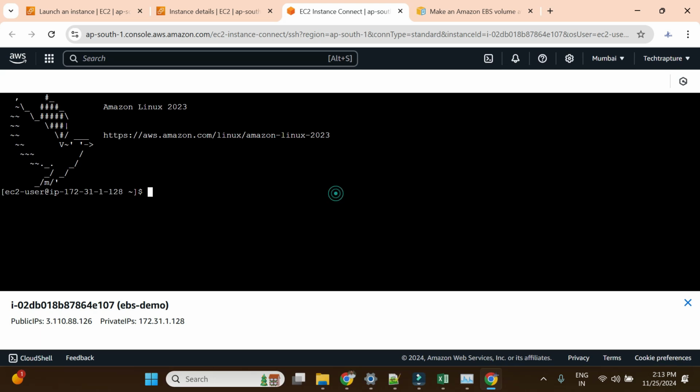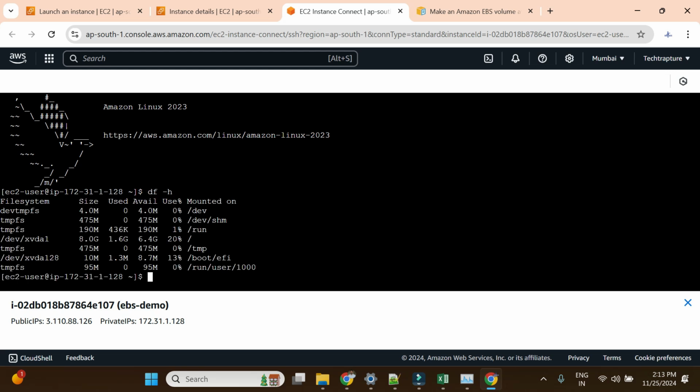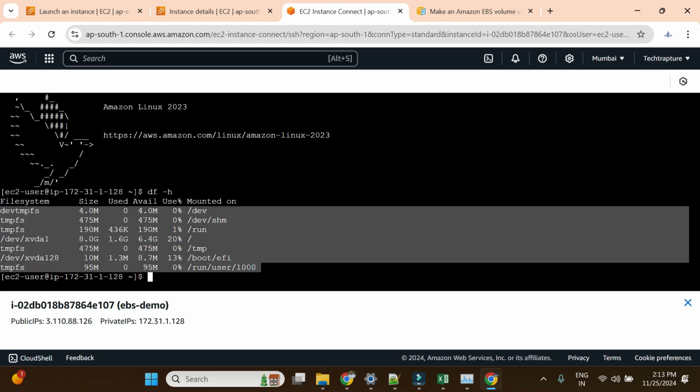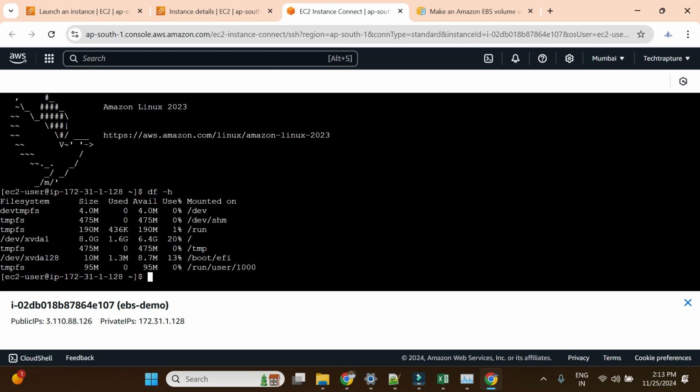Now I am within my EC2 instance. So if I check here the disk space, you can see it is a different file system. It is having a different partition. But if I show you the disk,